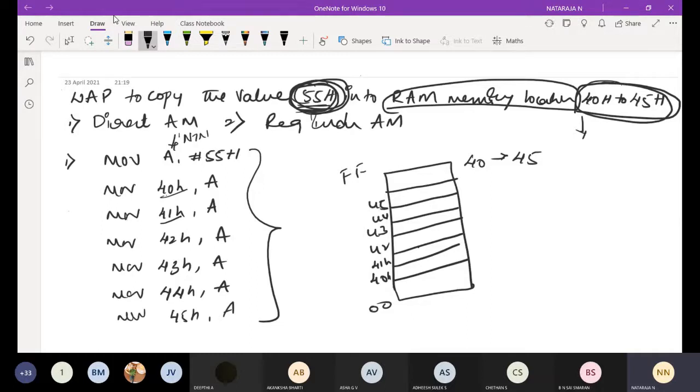These are the address locations. I need to copy the same data to all the memory locations. I am going to store 55, 55, 55, 55, 55, 55.